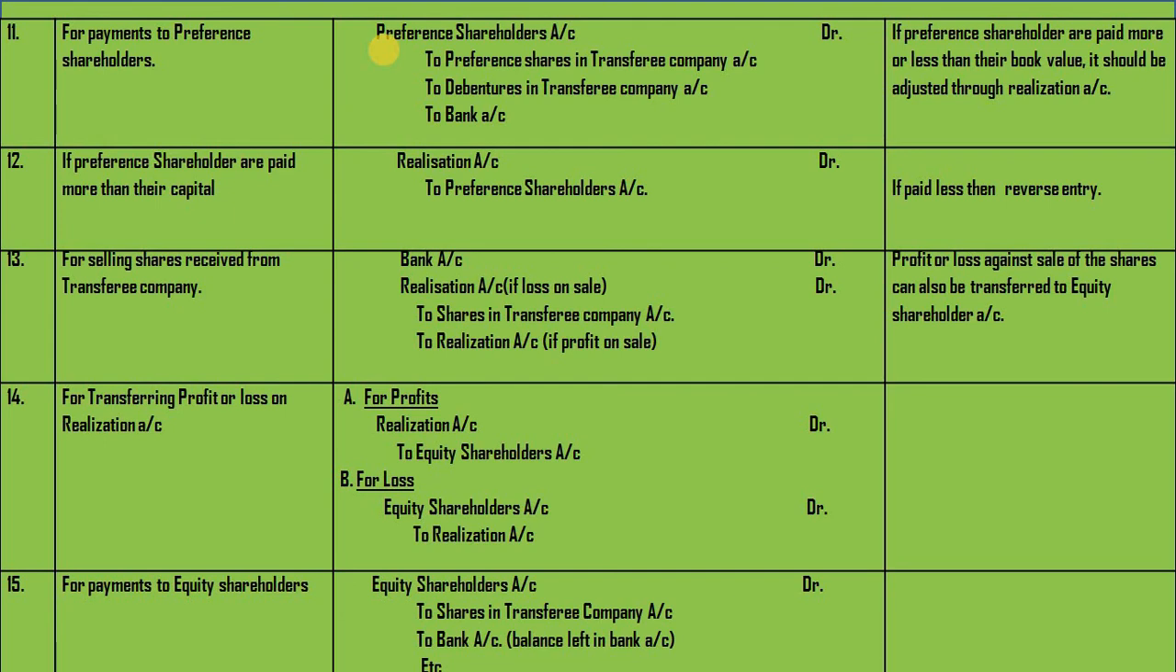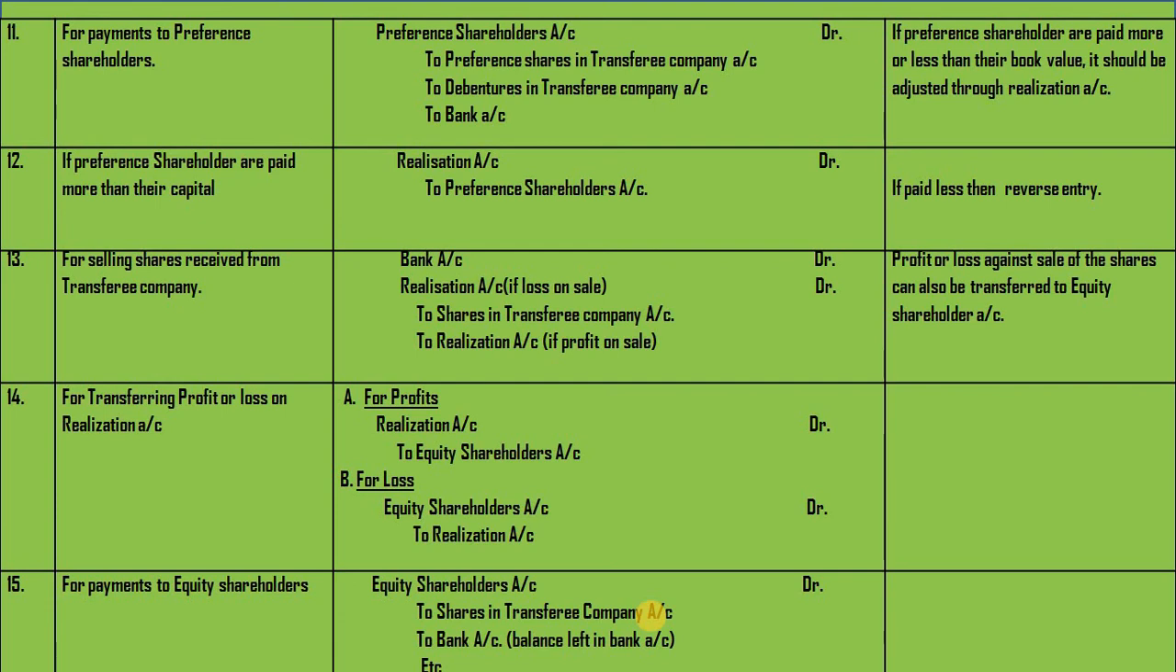Our last point is always the payment to equity shareholders account. Once their accounts are settled, then all the accounts will be closed as well, and our process to close down the transferor company will be over. Okay. For payment to equity shareholders, we have to show equity shareholders account debit to shares in transferee company, that is whatever shares they got from the transferee company, and to bank account. To bank account means whatever money is left in the bank account will be paid to the equity shareholders,